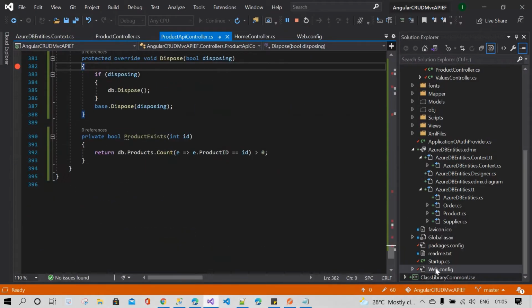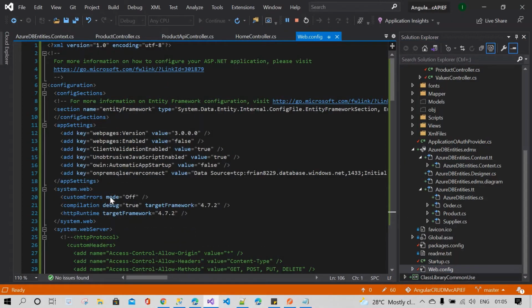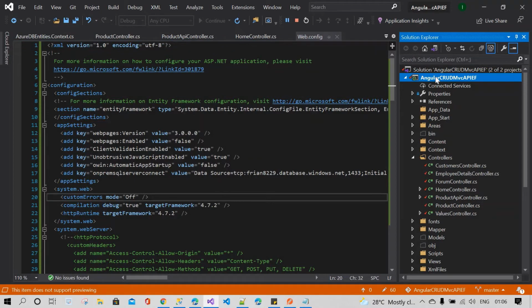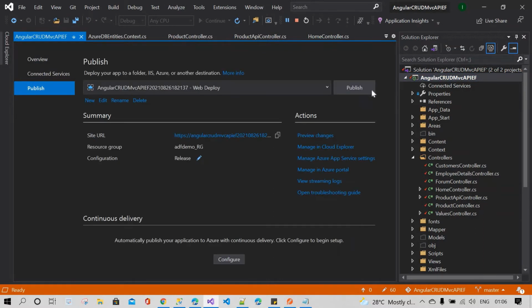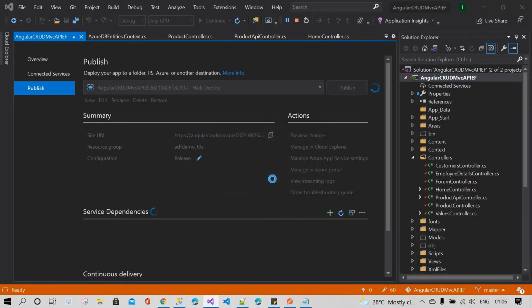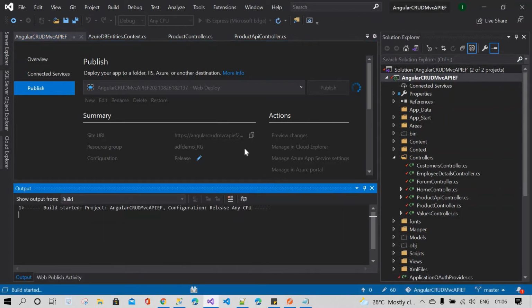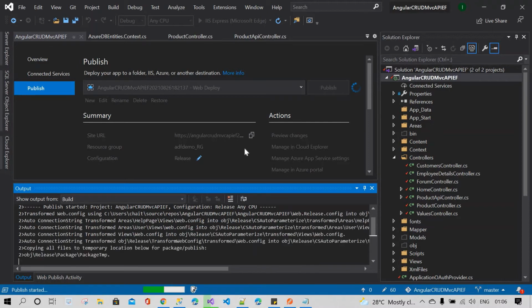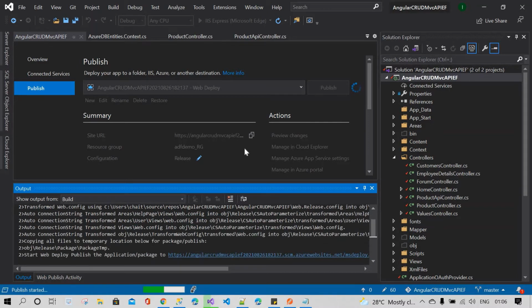Okay, we will do one thing. Yes, the custom mode operation is done. We will publish the application first. We will publish the application in the app service.